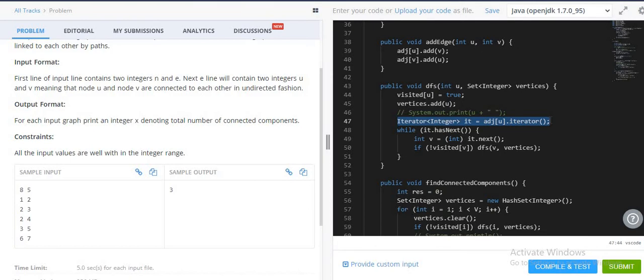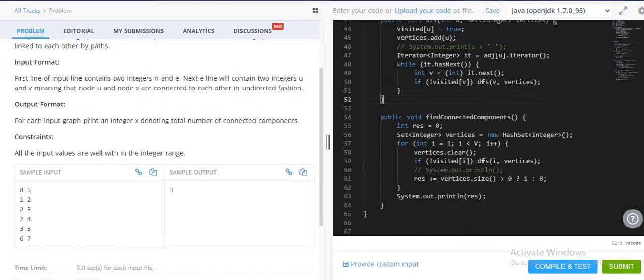Now coming to the next part, I am trying to pull out the outgoing edges from that parent vertex. So from that adjacency list, I will have to traverse through all the vertices that are connected from the parent vertex, that is the u vertex. I will check whether that vertex is already visited. If not, then again I will call this DFS function recursively. So this is a very standard technique to implement the DFS algorithm. That's the whole idea over here.